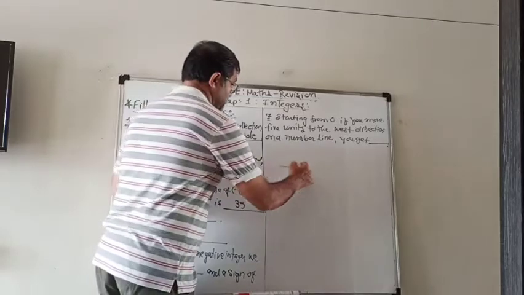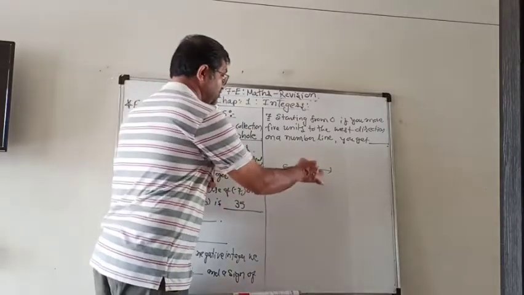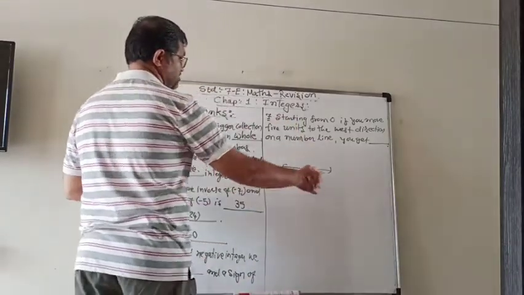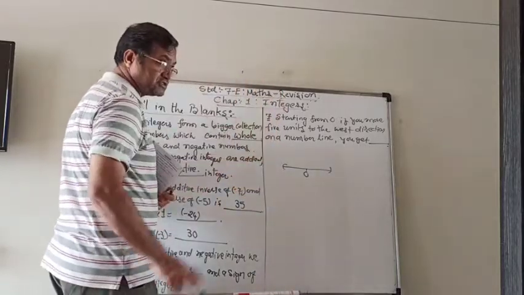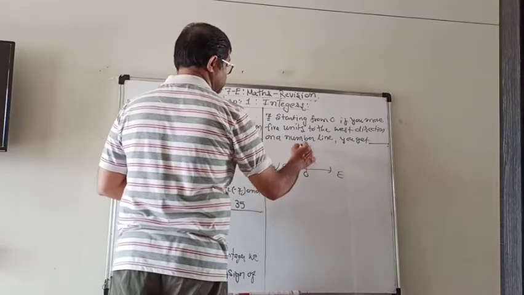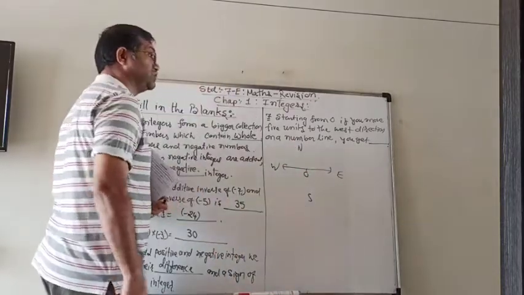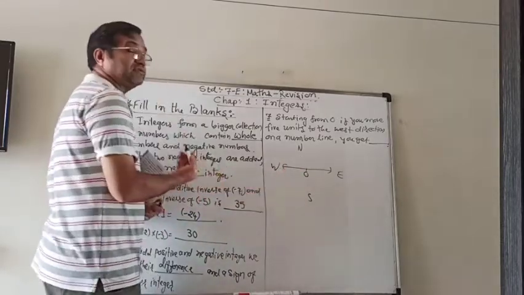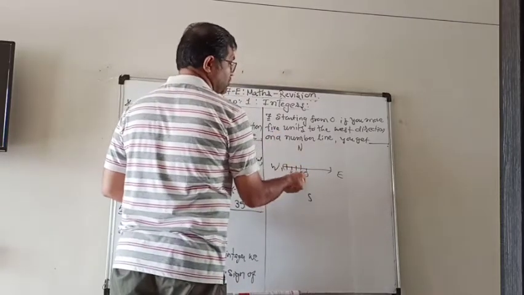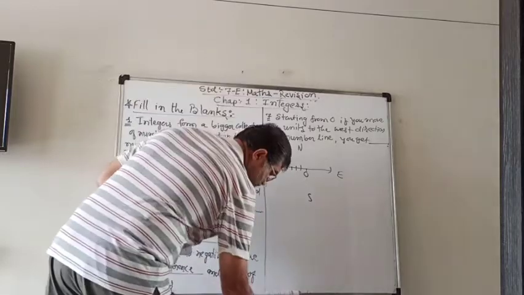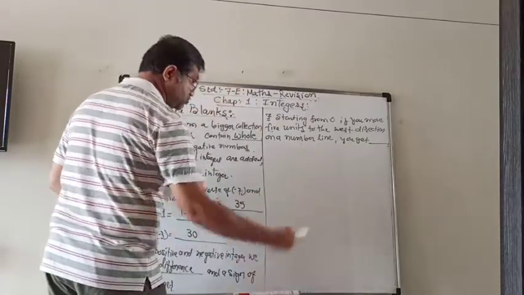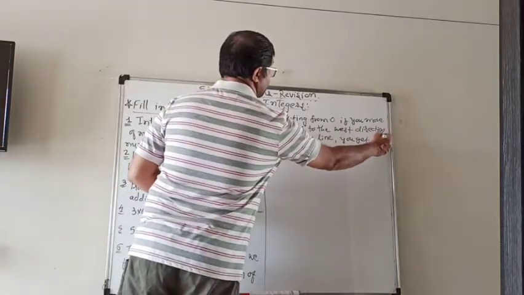You know that 0 is here. Now you should have the knowledge about which is the east direction, which is the west, which is north and south. This is the east, west, north and south. So west direction is thus, means we have to move towards the left side. How many? 5 units. So 1, 2, 3, 4, 5. What did you get? -5. So when you move towards the west direction, it means to the left side. So we get the number -5.